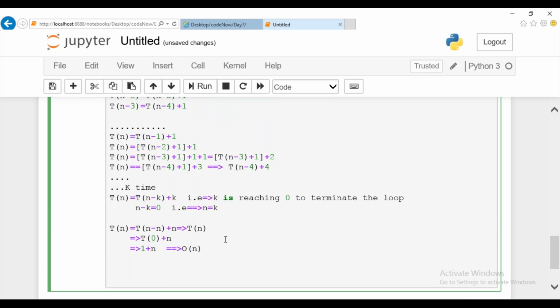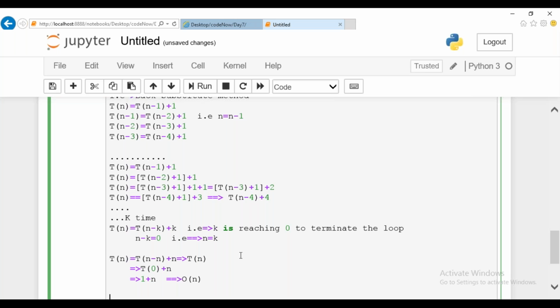Guys, just look at it. If you have any doubt in it, you can let me know. Here, K is reaching 0, where I can mention k minus n. Sorry, n minus k or k minus n. Guys, are you confused at this point, or do you want me to explain this point again? Is that clear? Yes, ma'am. Explain once.